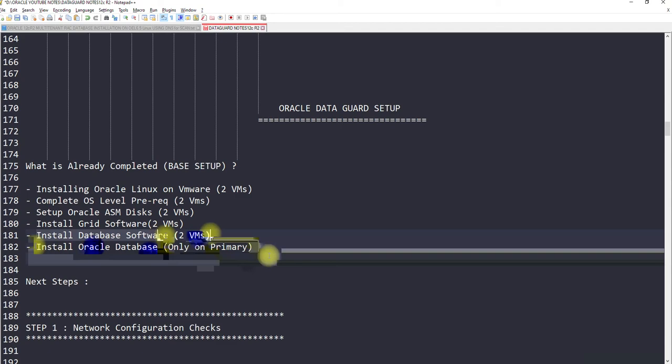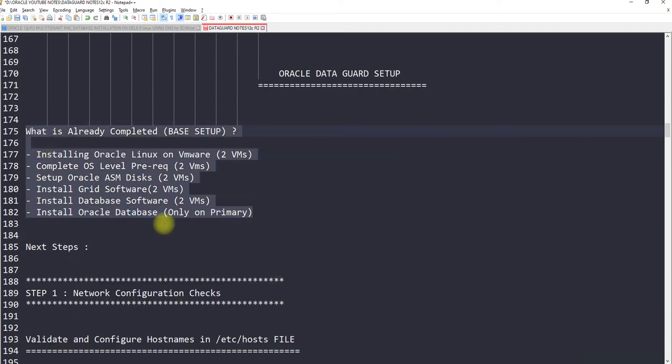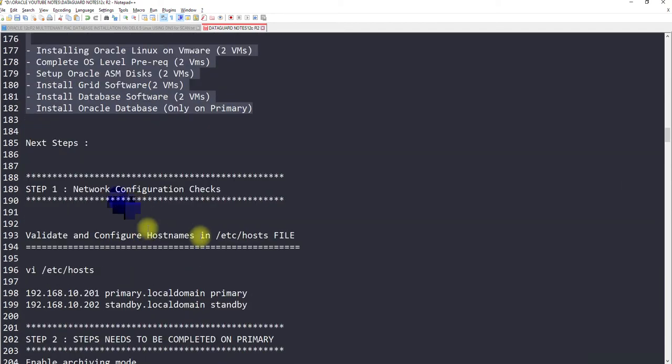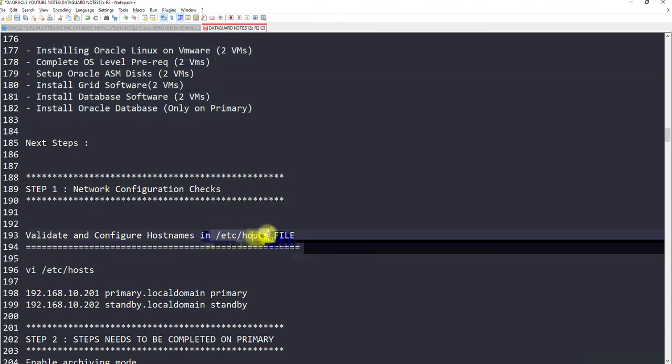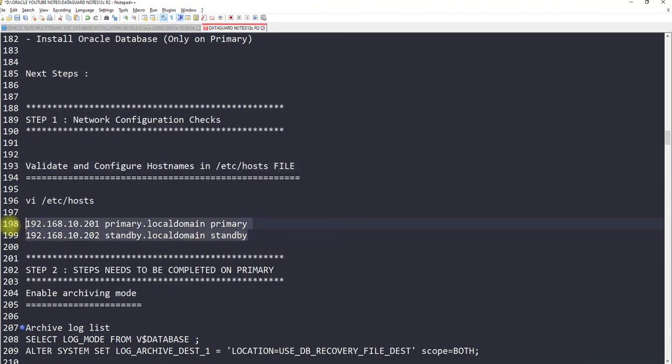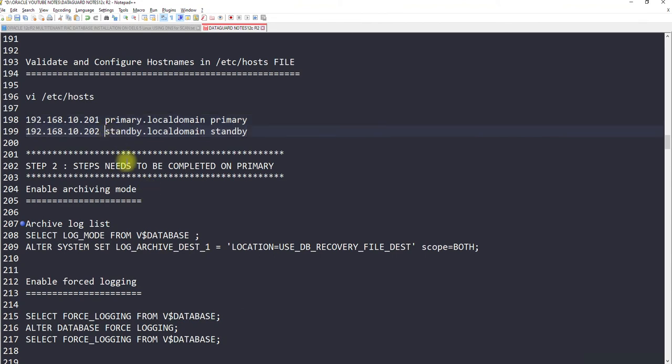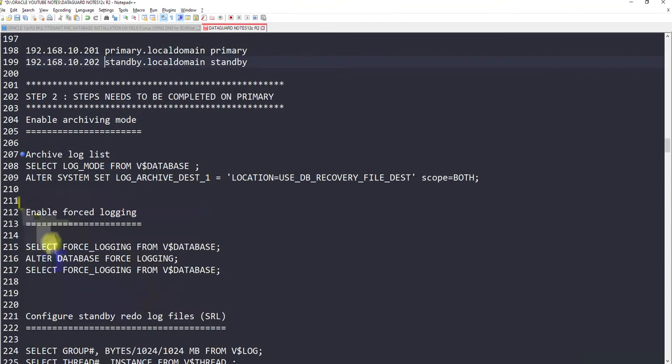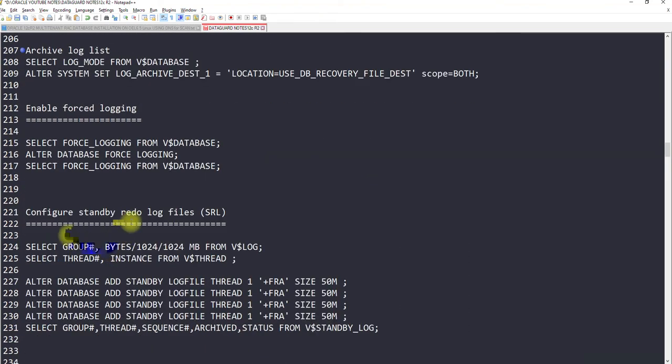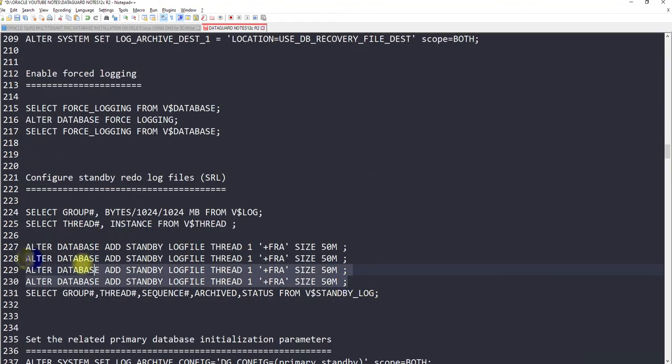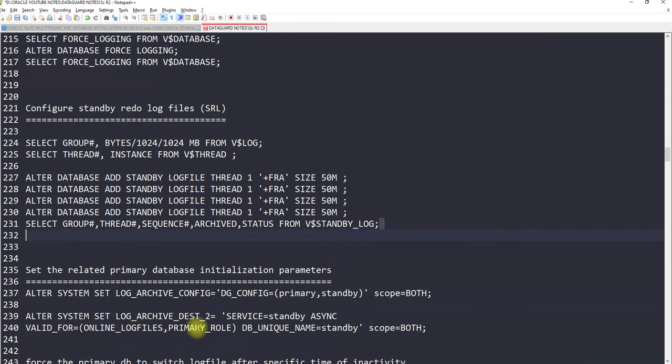This is the base we have created, right, to practice at home. Now we have configured the /etc/hosts file to make sure it points to the correct IP addresses, and then we have enabled the archiving. We have set up the force logging. We have created 4 redo log files. We have queried that as well.